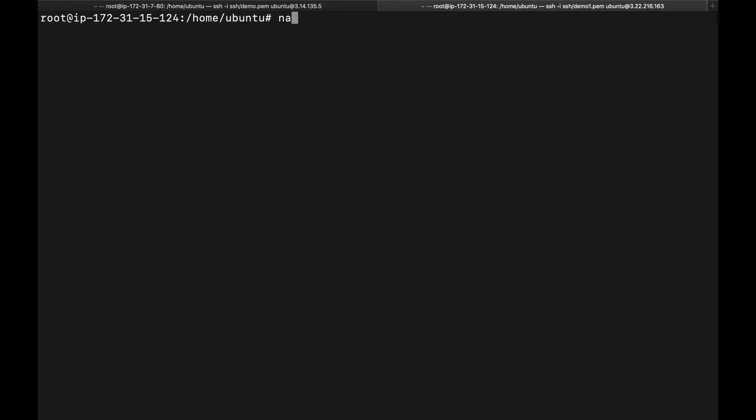The same command we will use, nano /etc/mysql/mysql.conf.d. For versions below 5.5, this configuration file is simply /etc/mysql/my.cnf, but after 5.5 it will be /etc/mysql/mysql.conf.d/mysqld.cnf.